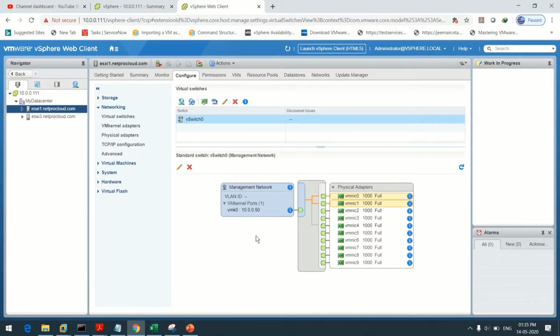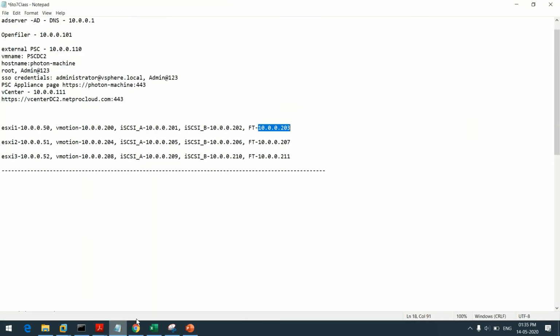So at present my target is that I am going to create a virtual switch for every management, VM kernel port group, as well as VM port group. So what is my target? Now see, it is my ESXi1, ESXi2, right? This one. So here we need to configure vMotion. So for vMotion, I will create a new switch, and for iSCSI A and iSCSI B, I will create a new vSwitch, and for fault tolerance, I will create a new vSwitch, and apart from that, I need to place some virtual machines in my production environment.